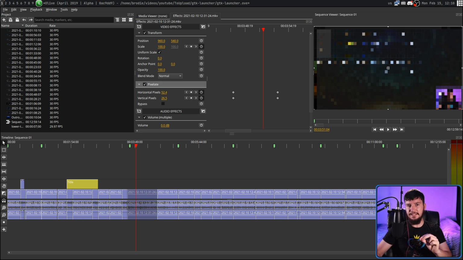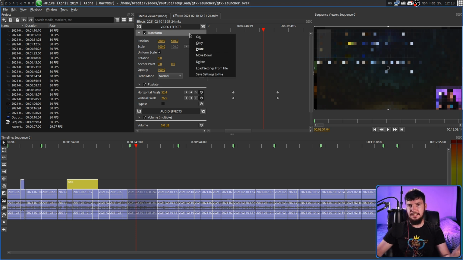on this. Now, I think one of the coolest things here is we can actually go and save all of the keyframes and all of the properties we've set to a file, and then afterwards, we can actually go and load that in. I've tested this before, and it works perfectly. It loads everything it's supposed to load. While I would like a way to actually just save presets in the application, that is a pretty good alternative